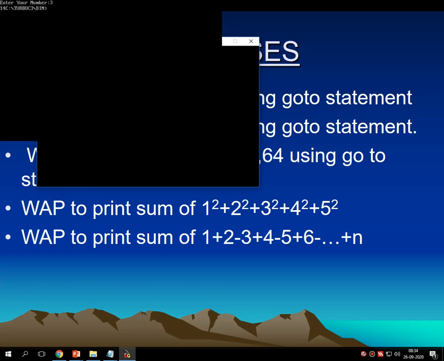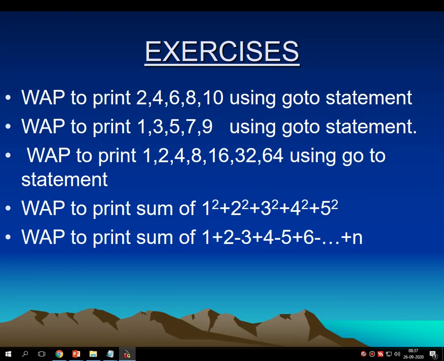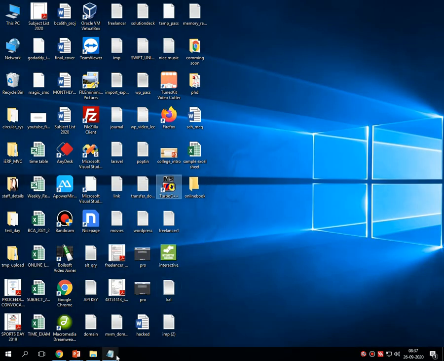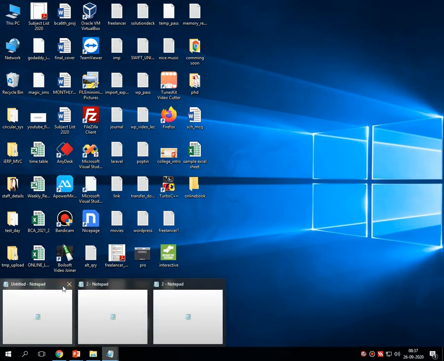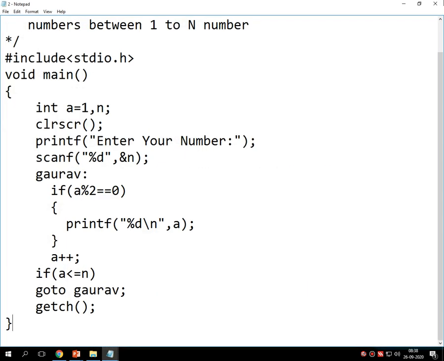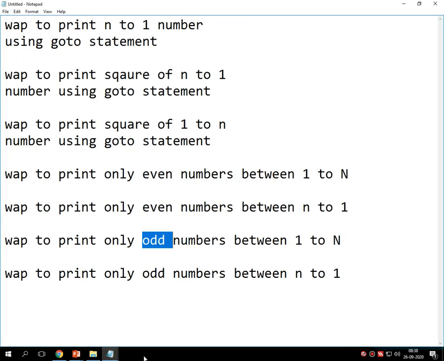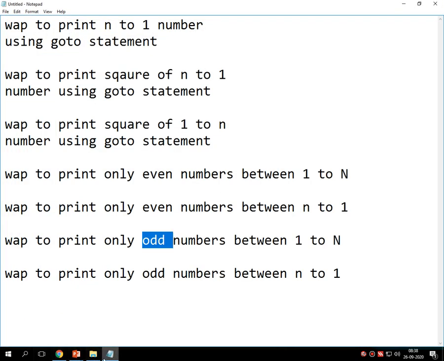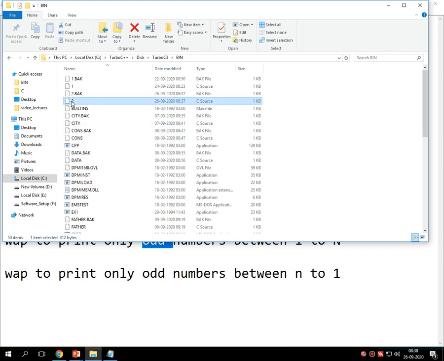So let's see how it works in the notepad. Many tabs I have opened. Let me close all these things.